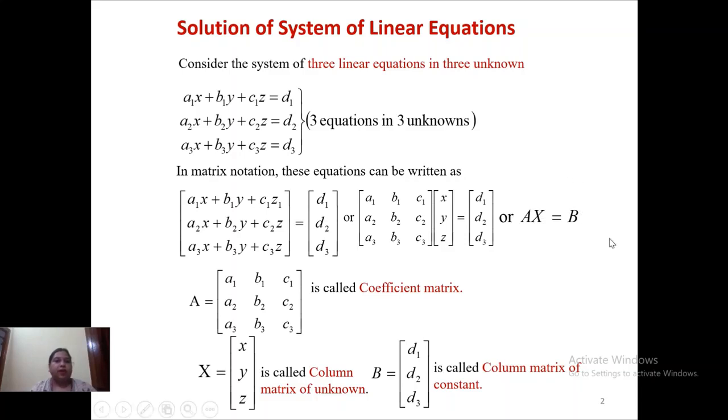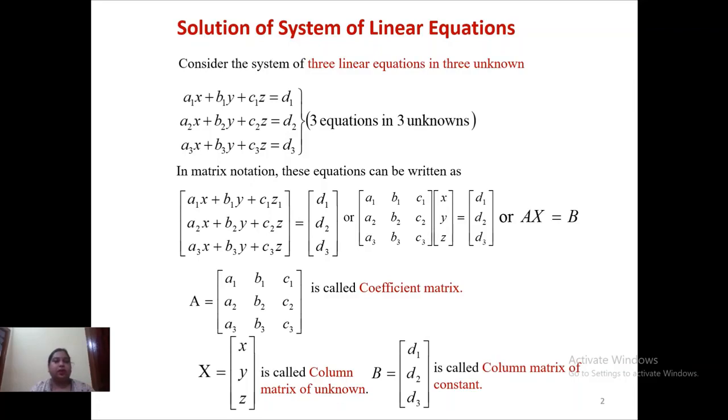Dear student, today we are going to start with the topic solution of system of homogeneous linear equations. Consider the system of three equations and three unknowns: a1x plus b1y plus c1z equal to d1, a2x plus b2y plus c2z equal to d2, a3x plus b3y plus